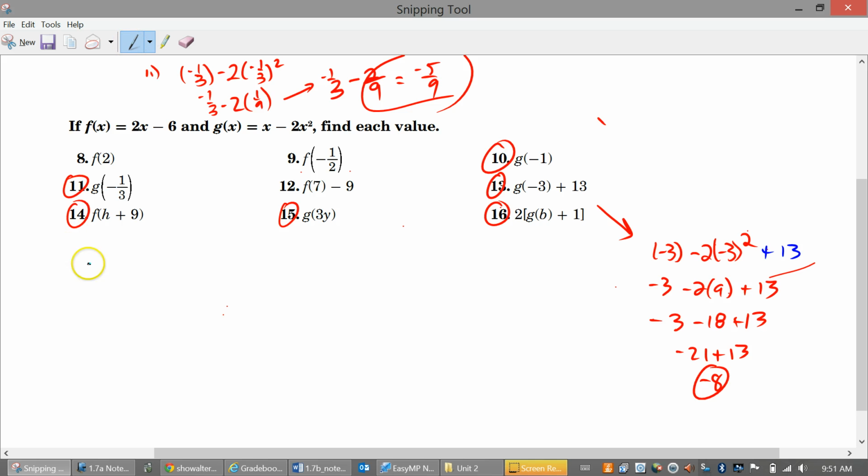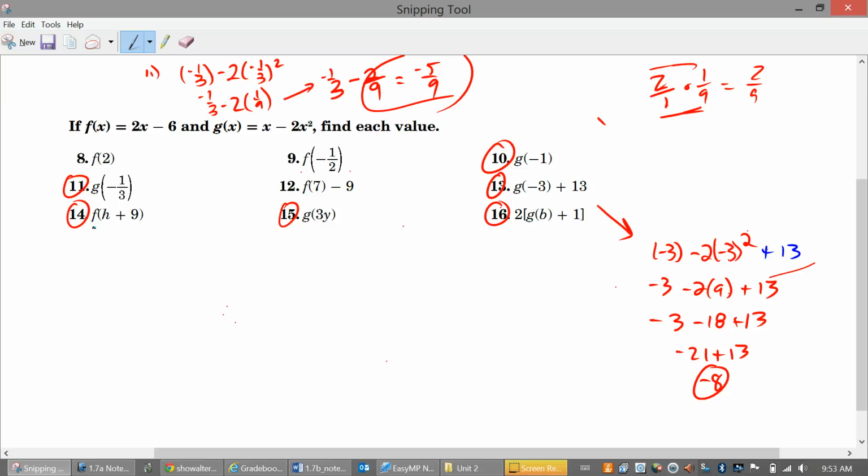Okay, now let's do 14. Number 14 says take function f, machine f, and put inside of it h plus 9. Okay, that's weird, but we just need to commit to the fact that all we're doing is putting h plus 9 inside f, inside rule f or machine f,